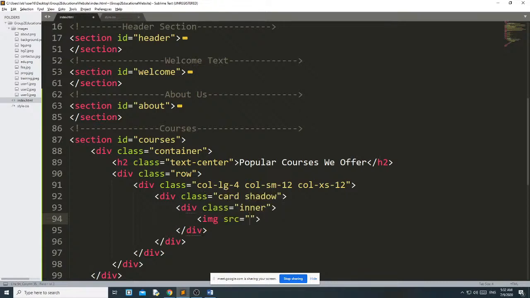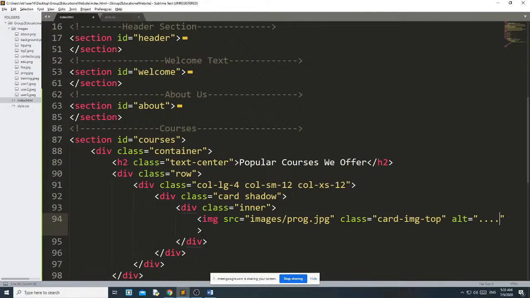I am using image source images/proc.jpg, then class card-img-top. Card-img-top is a predefined Bootstrap class. It means that your image will be on top. Okay, or alternate, whatever you want to write as the text. Okay, this is the image we have included.